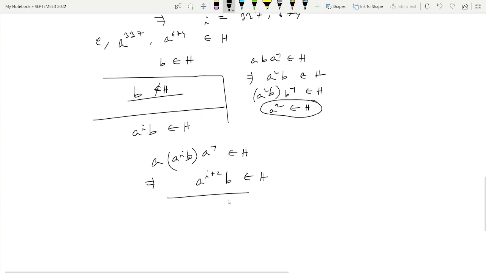So it cannot be true. There are so many other ways to contradict the fact that this a to the power I plus 2B belongs to H,